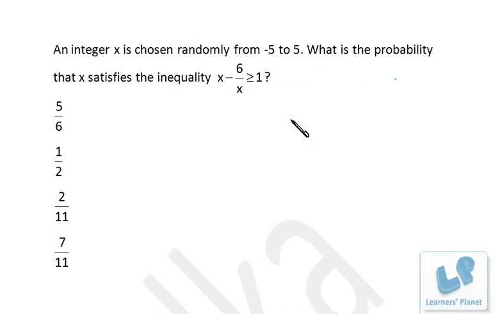Now friends, here I have a problem based on functions as well as probability. Two topics are combined over here. Both the topics should be individually clear in your mind. You should have attended the basic session of functions, and you must know how to find the domain of a given function. Functions and domain of the function, that you must know.